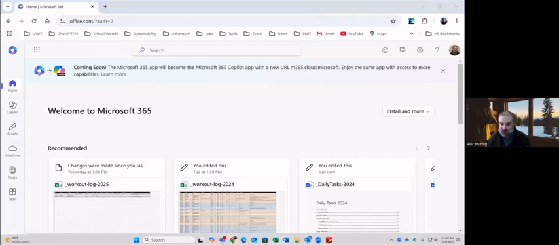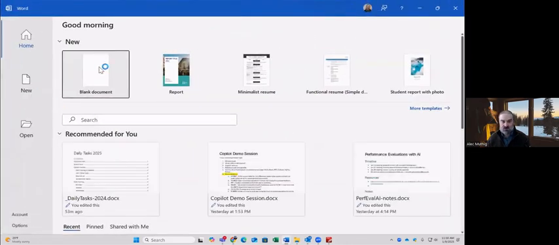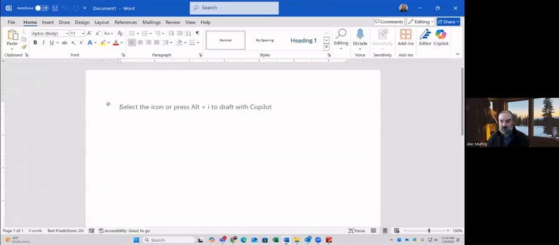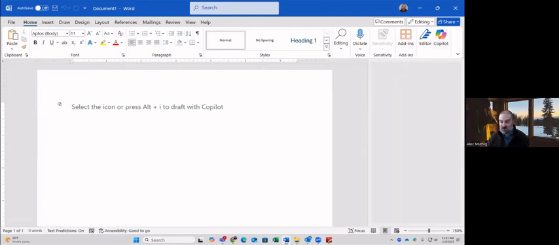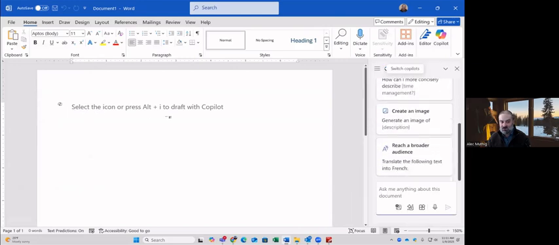So let me start by pulling up Microsoft Word and showing that to you. So maybe I'm in Microsoft Word. I start a new document. We'll see here's Copilot here. And we'll see there's another Copilot option here. So as soon as you get Copilot added onto your account, you're going to see it appear both in the cloud apps and within 24 hours on all of your Microsoft desktop apps, which is pretty nice. So this is Word on the desktop, and you can see I have the Copilot pane on the right-hand side and a Copilot assistant for drafting text right here and revising text.